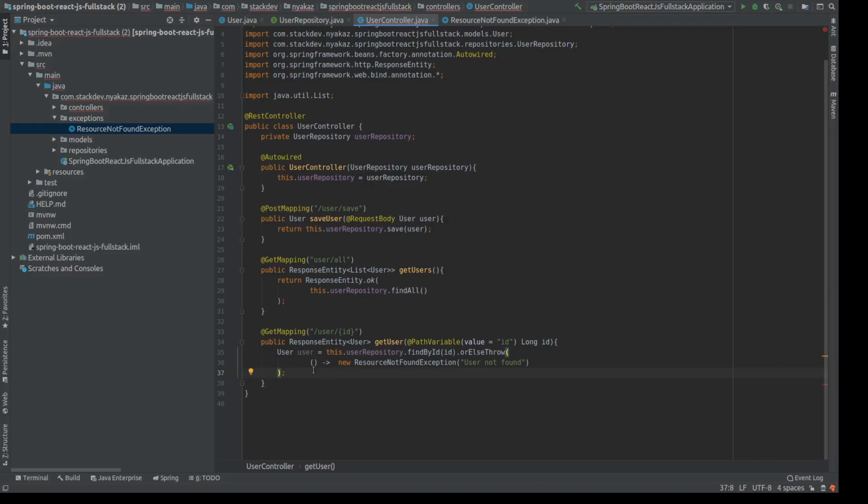Okay, I seem to be having an error. All right, so the error is probably that we need to return, because remember we said we want to return a response entity of type user. So we now want to return our user object, right? So simply what we are saying is, if we have run this query and the user